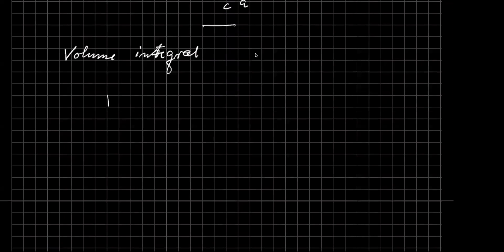Let me illustrate this as follows. You have, say, here your parameter space u, v, and w. In this parameter space, you have an axis parallel